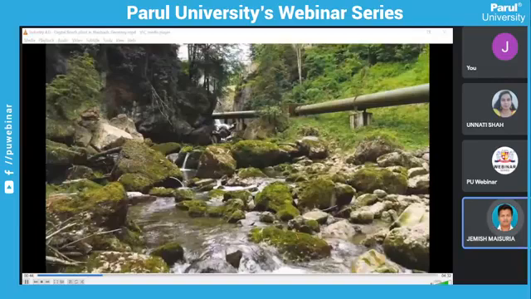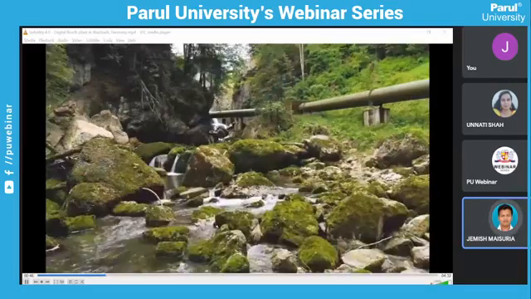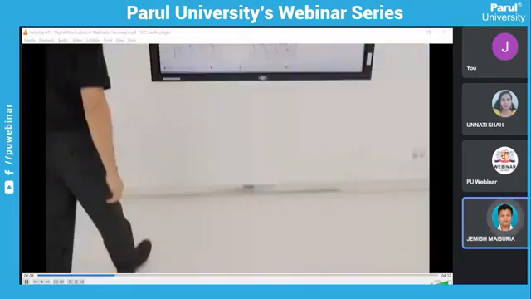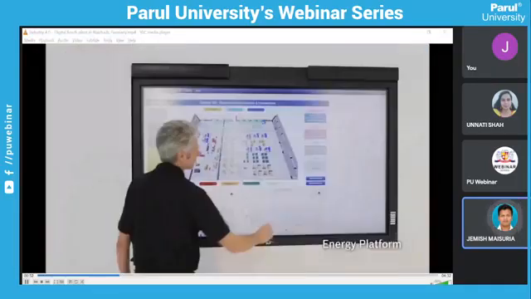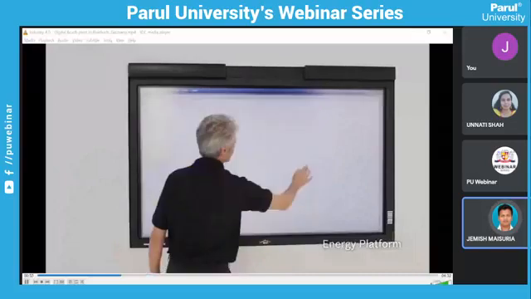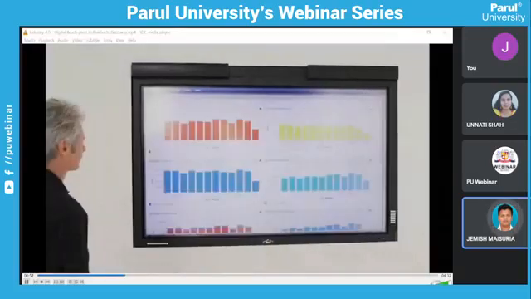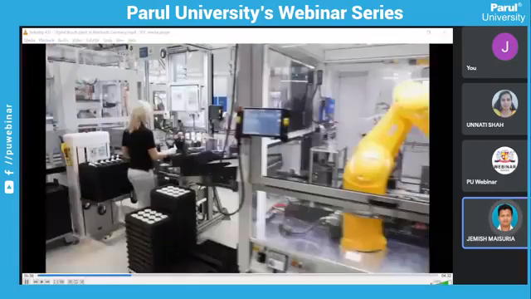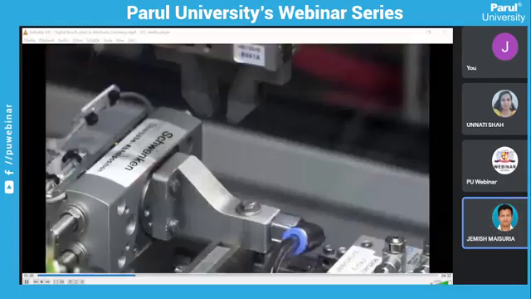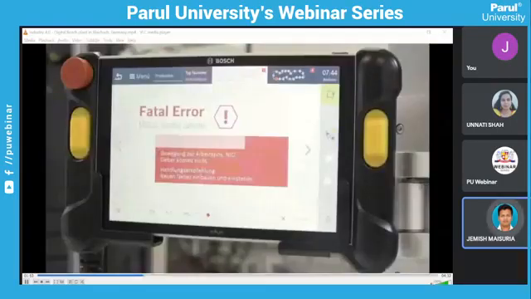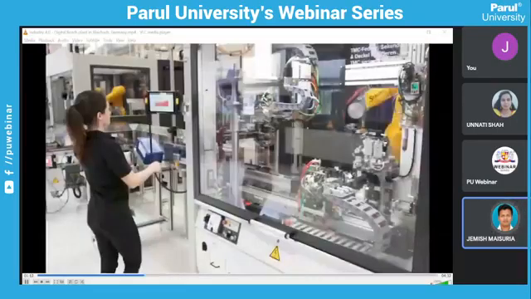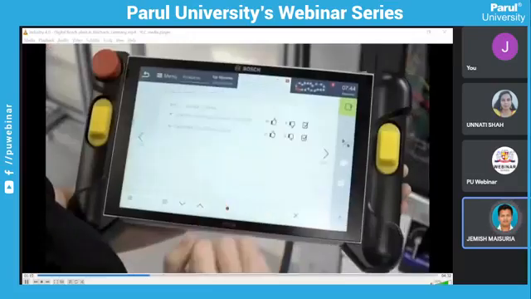Our hydroelectric power station generates renewable energy. By combining energy and production data, we systematically improve our energy efficiency. Our digitized in-house special machine building unit paves the way for a fully connected production. The interaction with our machines is as intuitive as using a tablet.